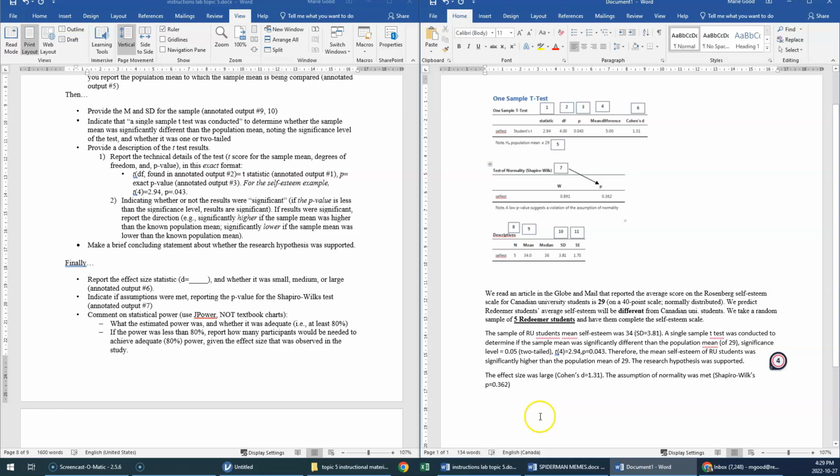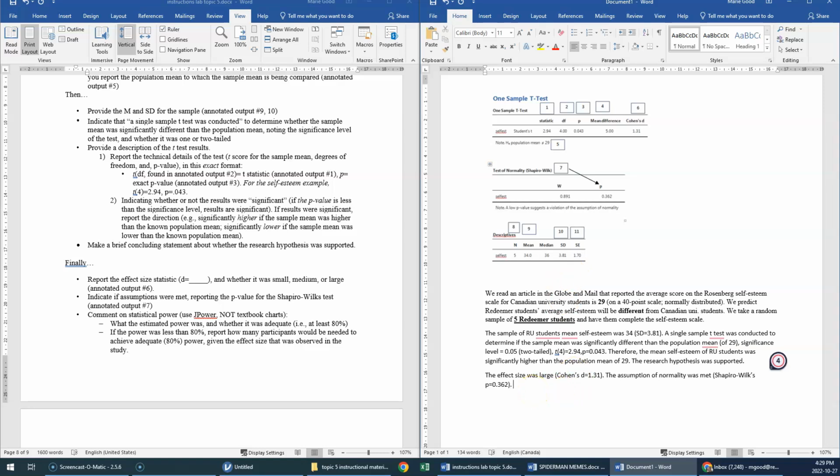Okay, I want to pause here for a minute and just tell you something that students often make a mistake on and then get docked marks for on the assignment, which is confusing the normality Shapiro-Wilk p-value with the p-value for the single sample t-test. Okay, very different. When you are reporting the assumption, that's the only time that you look at the Shapiro-Wilk p-value. Okay, this is where the action mostly is, right? This first table here, where most of your information is. We just briefly look at this table when we're deciding whether or not the assumption has been